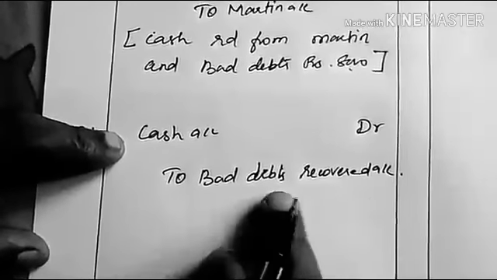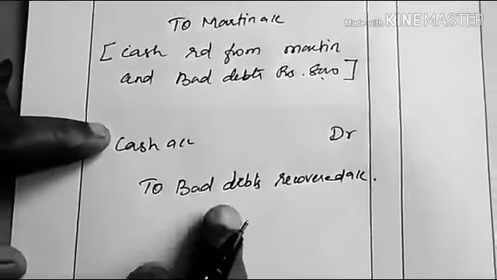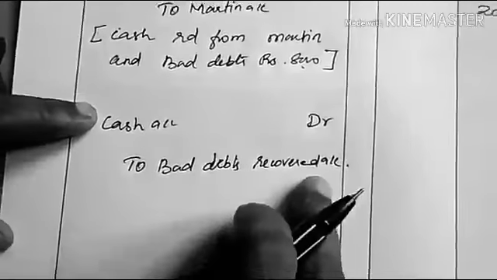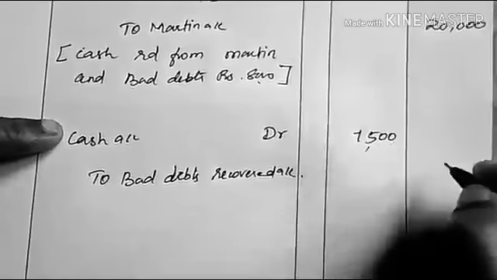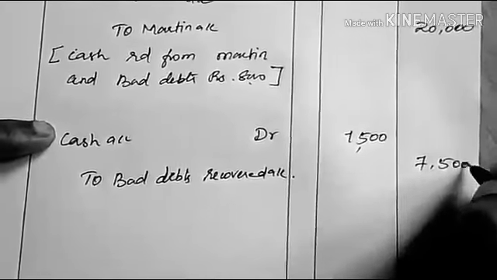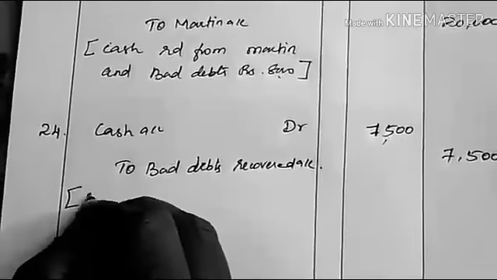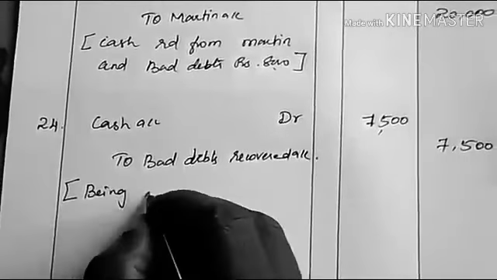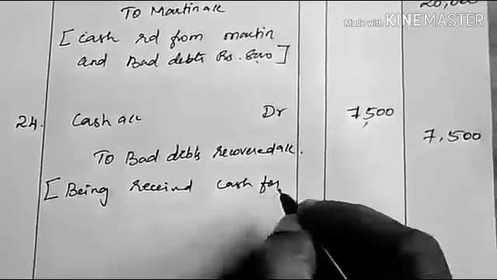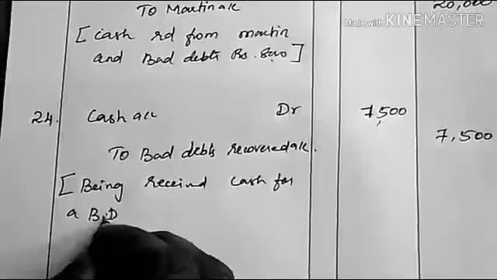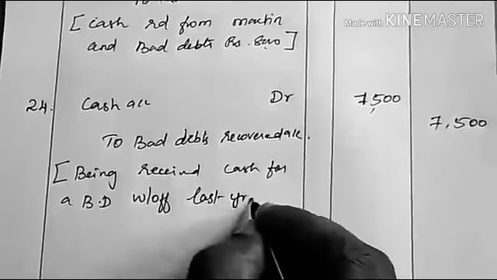Why? Because it is an income. You have received the bad debts, no. So what comes in? Cash comes in. Bad debts recovered is an income, no. So enter this amount under the credit side. How much amount? 7,500. Narration: being received cash for a bad debt written off last year,